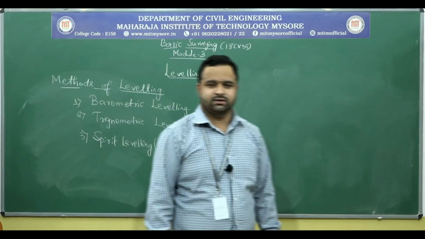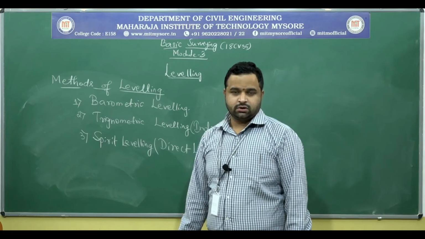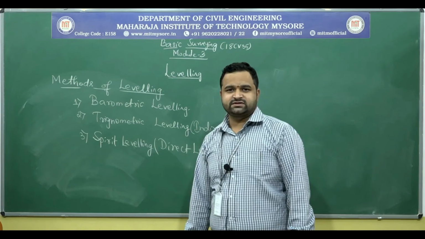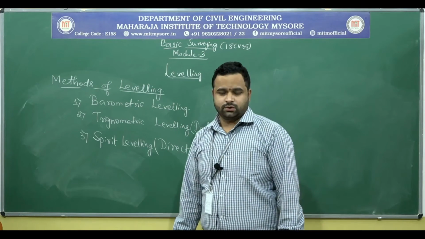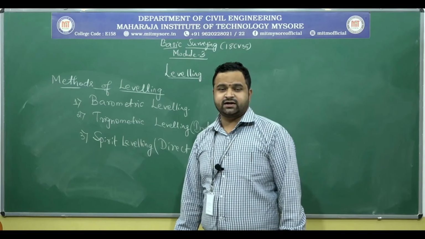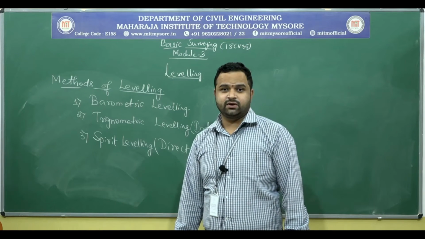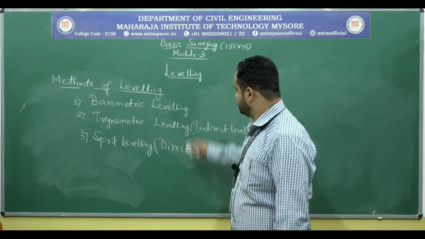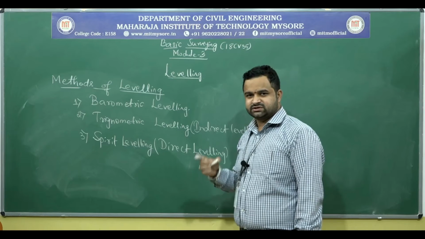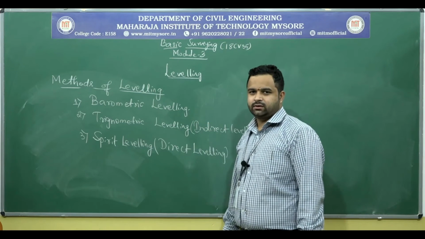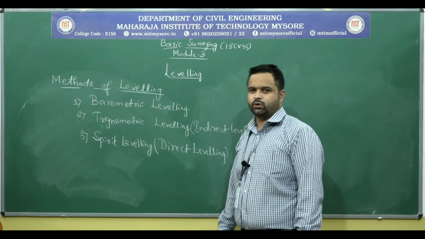What is barometric leveling? It makes use of the phenomenon that the difference in elevation between 2 points is proportional to the difference in atmospheric pressures at these points. A barometer may therefore be used, and the readings observed at different points would yield a measure of the relative elevations of those points. So in barometric leveling, to determine the difference in elevation, we have to take atmospheric pressures at those points. Then only we can easily find the difference in elevation between 2 points.